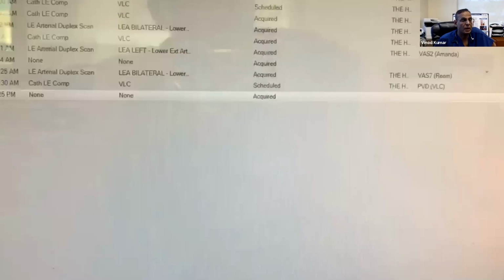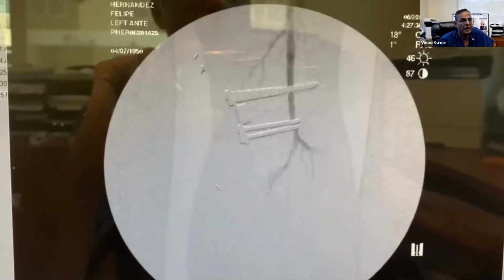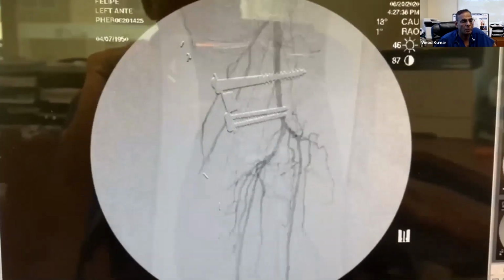This is the artery that was blocked in the thigh area. So now look at the blood flow, beautiful, fast blood flow going. This is the knee area, and these 2 arteries were totally blocked before. Now you can see both these arteries have blood flowing very nicely,